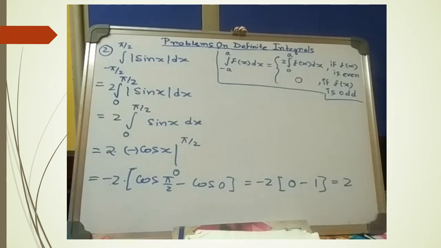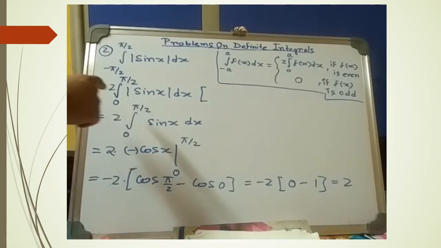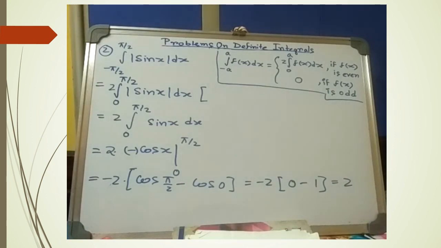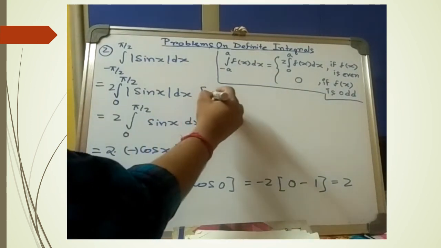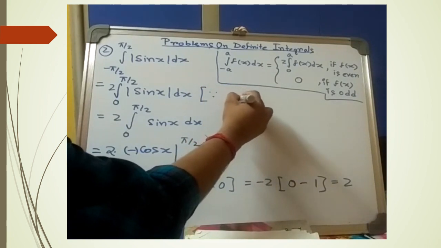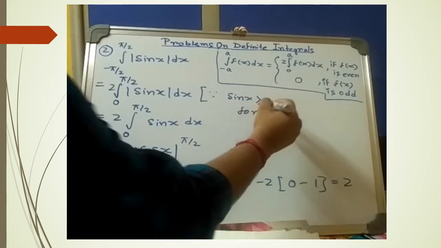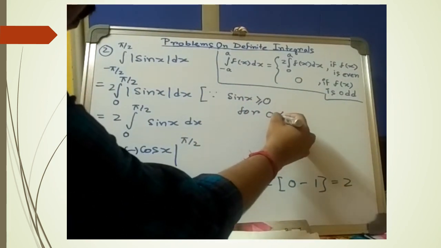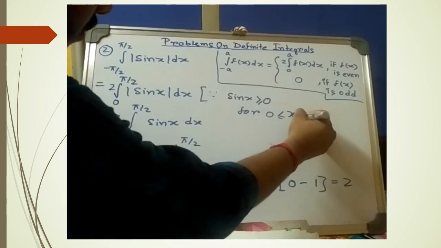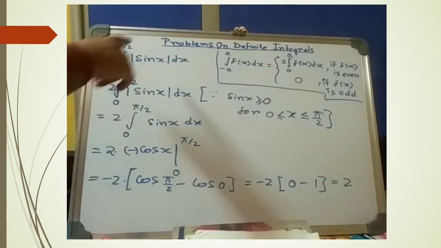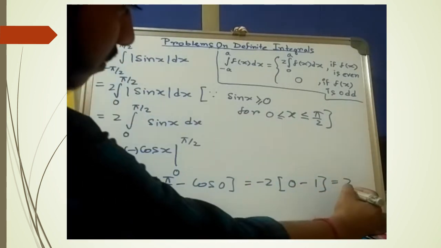Here we have to follow one condition in this step. Why can we change this limit to 0 to pi by 2? Is it possible for this function? Yes, possible, because we know sin x is greater than or equal to 0 for 0 less than or equal to x less than or equal to pi by 2. So this limit is possible for this function, and by proceeding this way we get this equal to